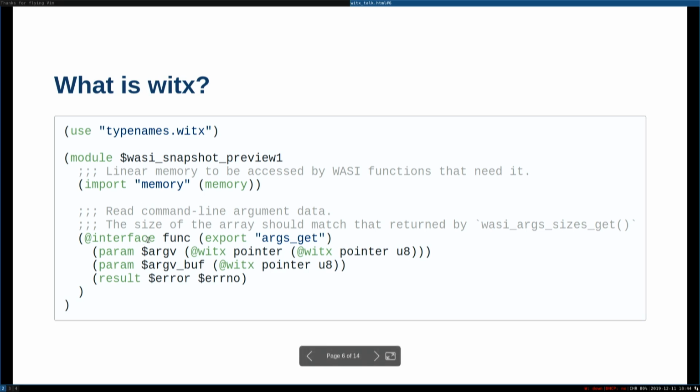And then this interface function is saying this is a function that we're going to present to the outside world, and these are its parameters, and this is its result type. And the U8 and the pointer there are built-in keywords, and this errno type is actually defined off in the type names file.